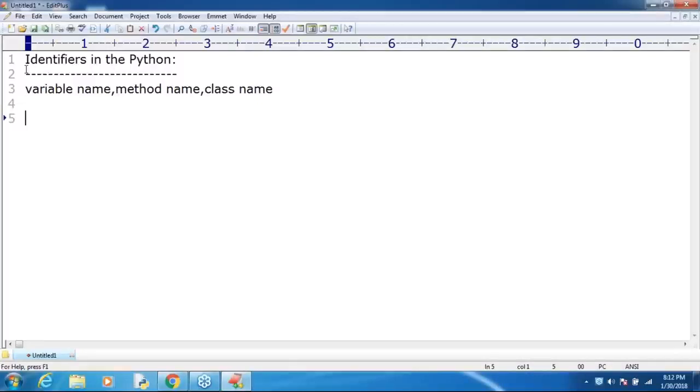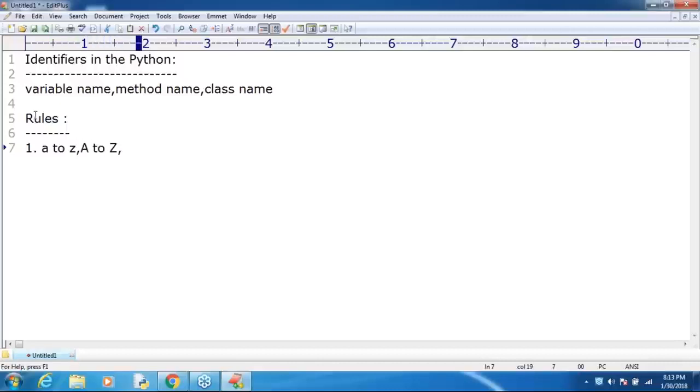Now, while defining identifiers, we are required to follow certain rules and regulations. What things do we have to follow while defining identifiers? What are the various rules we are required to follow? There are 5 to 6 rules I covered. The only allowed symbols in Python identifiers are the alphabet symbols A to Z, either lowercase or uppercase.